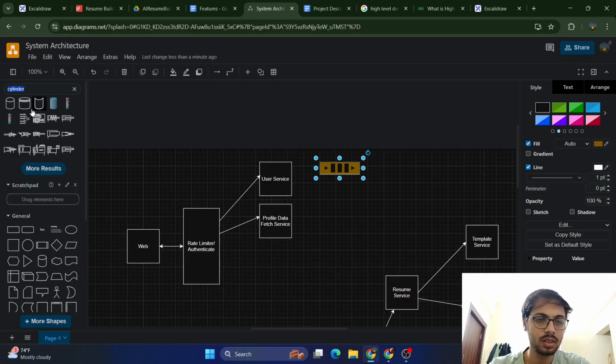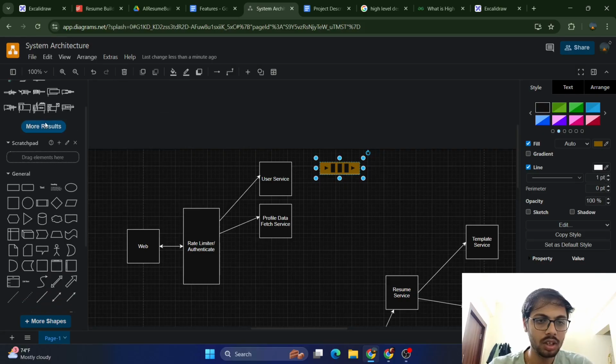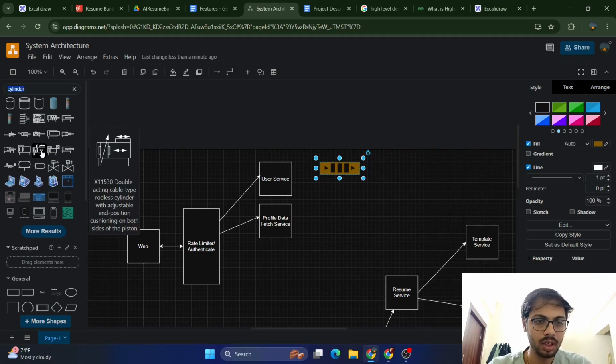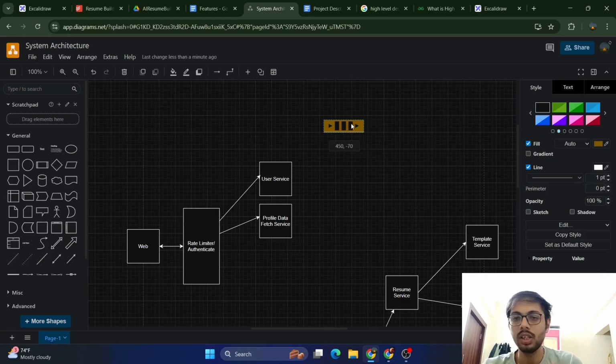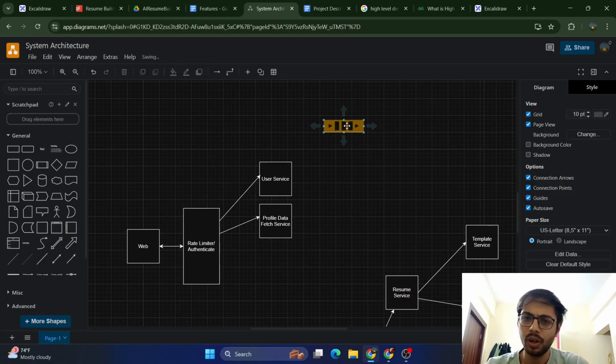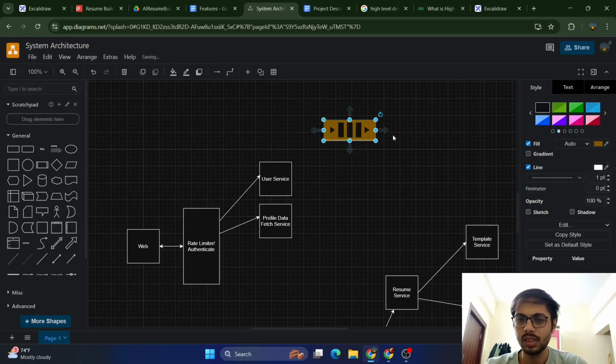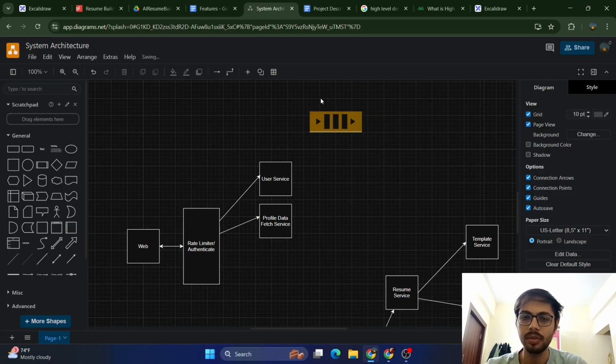Okay, so this is the queue, और ये queue पीरियोडिकली चलेगी। तो let's say कि क्यू चल रही है